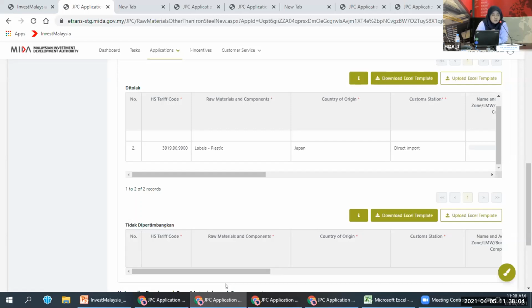But let's say if you want to apply for additional quantity, any subsequent application, whether it's additional quantity, extension, amendment or appeal, it must be initiated based on the previous approval application. So that's why it's very important for you to key in the previous approval